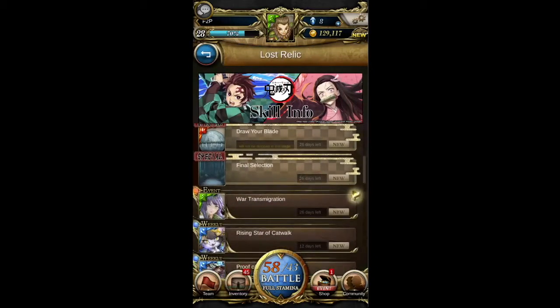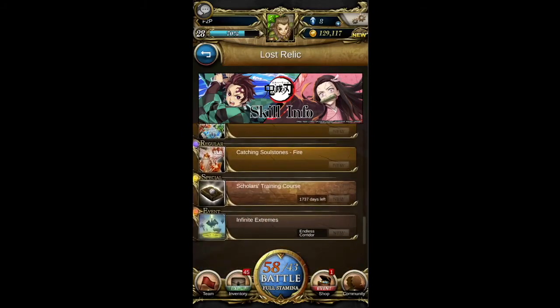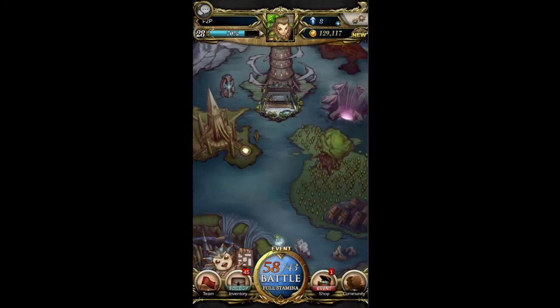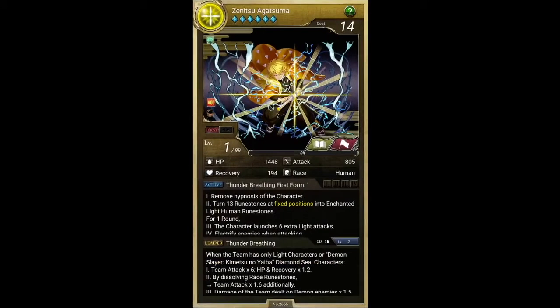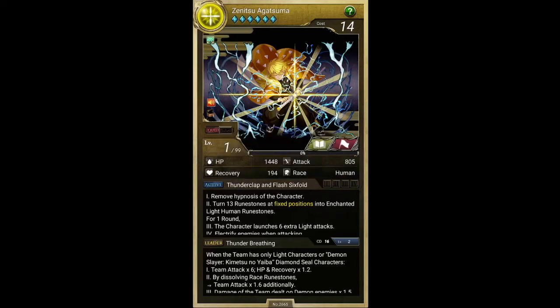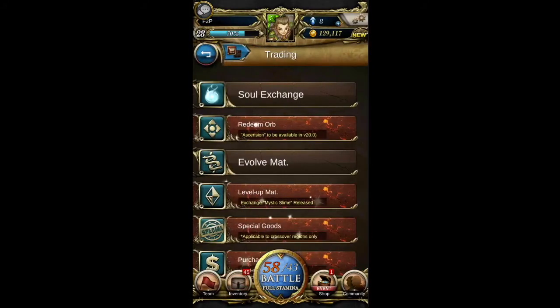What do I want to cover? Oh yeah, I wanted to cover how you would train the skills of characters. As you can see right here, Zenitsu, for example, is skill level 2 out of 12. By doing battles, you do level up the skill. That's really not the optimal way to do it. The correct way to do it, for this series at least,